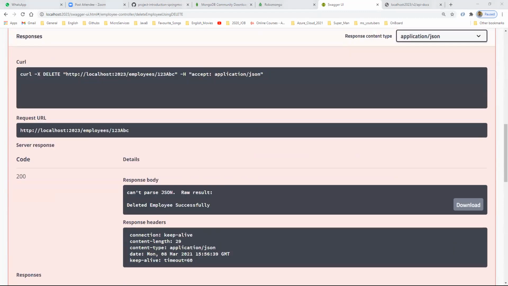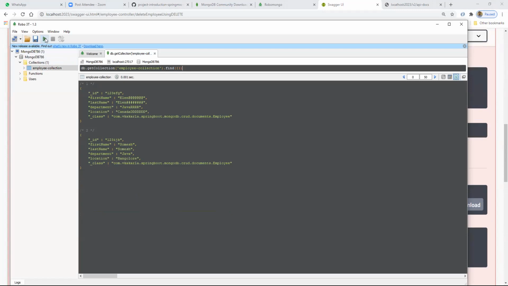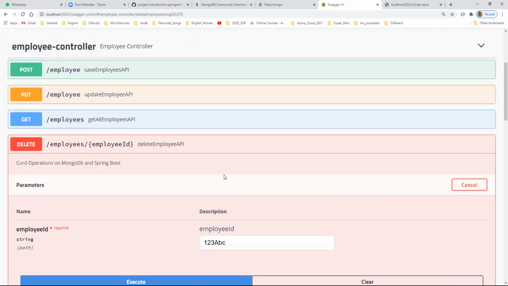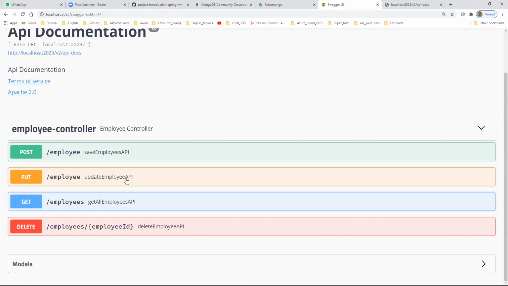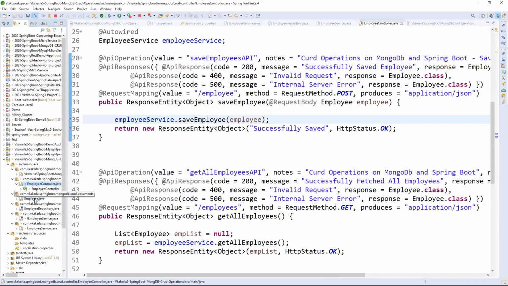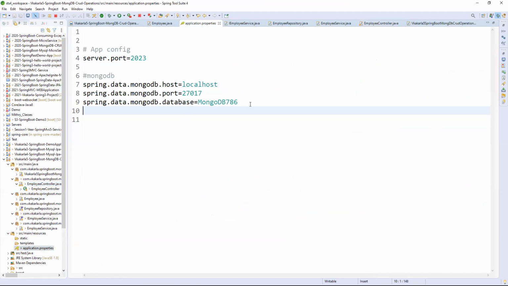Yeah, deleted successfully. If you see here, we can give the value and it will be deleted, right? Same operations. Whatever we did, Spring Data will do all the operations the same way, but the configuration will change. If it is MongoDB, we need to add the MongoDB related information in the application properties. If it is a SQL database, we need to give the SQL database related information in the application properties. We need to write the respective data store object to connect to the database, or we can directly define the values here.